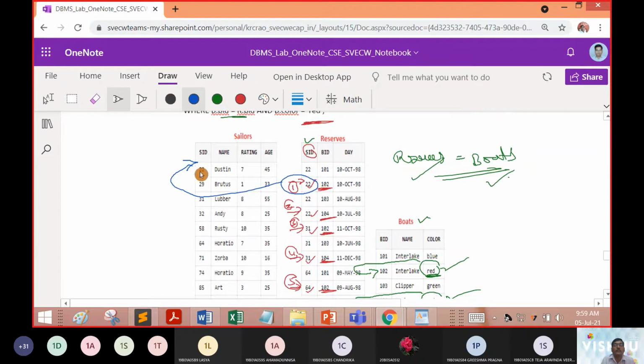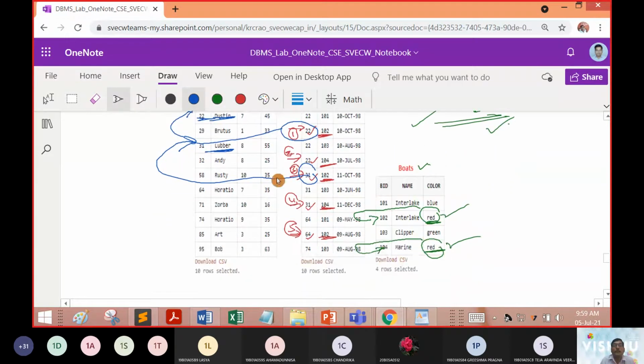So we got the first name. Next one, who was the sailor ID 31? 31 name was Lubber. Then we have another different sailor, that was 64. Who was 64? 64 was Horatio.